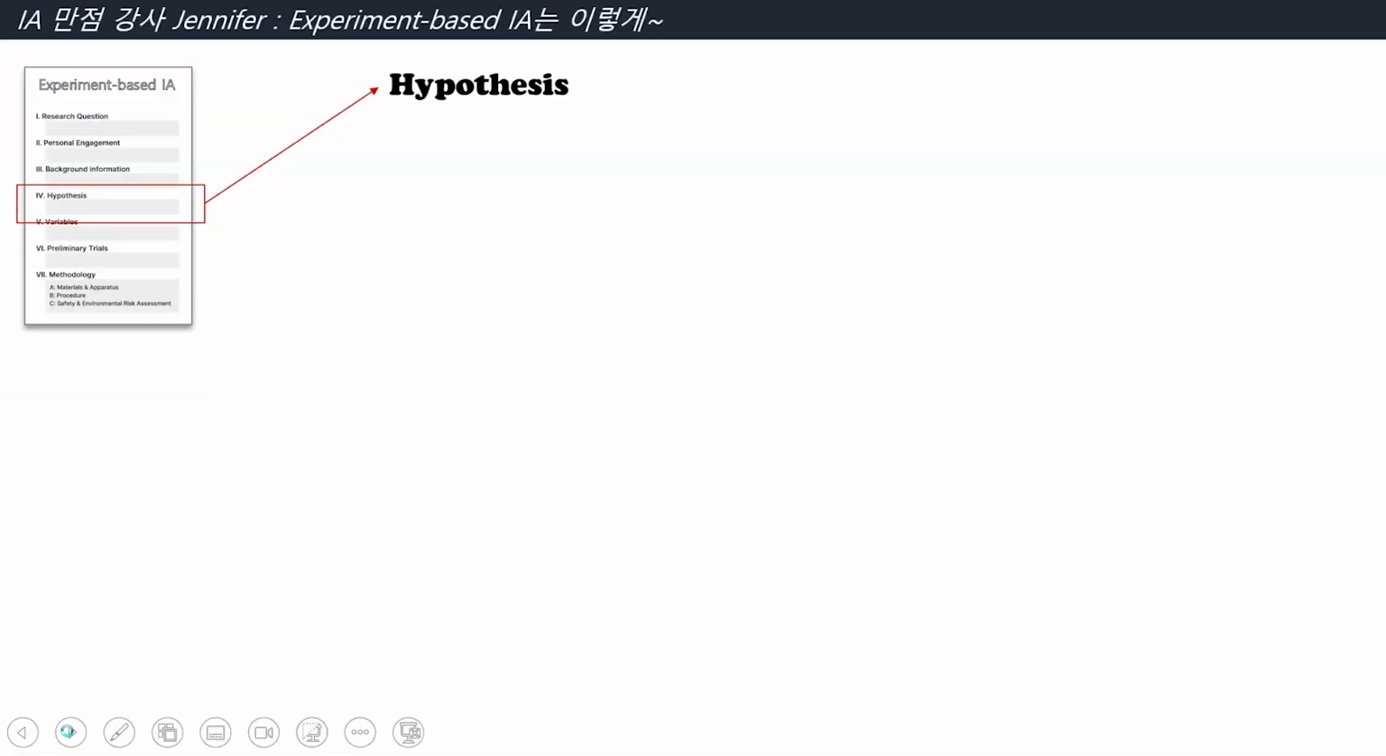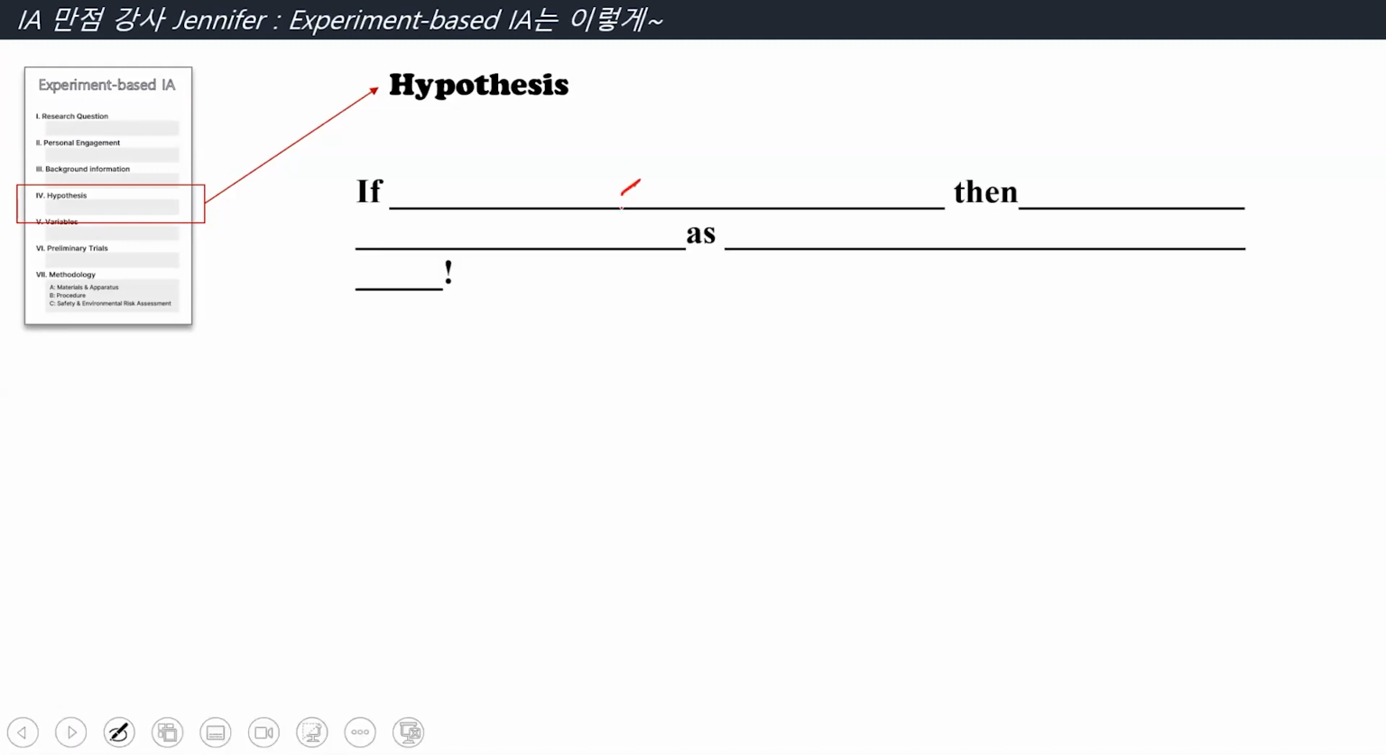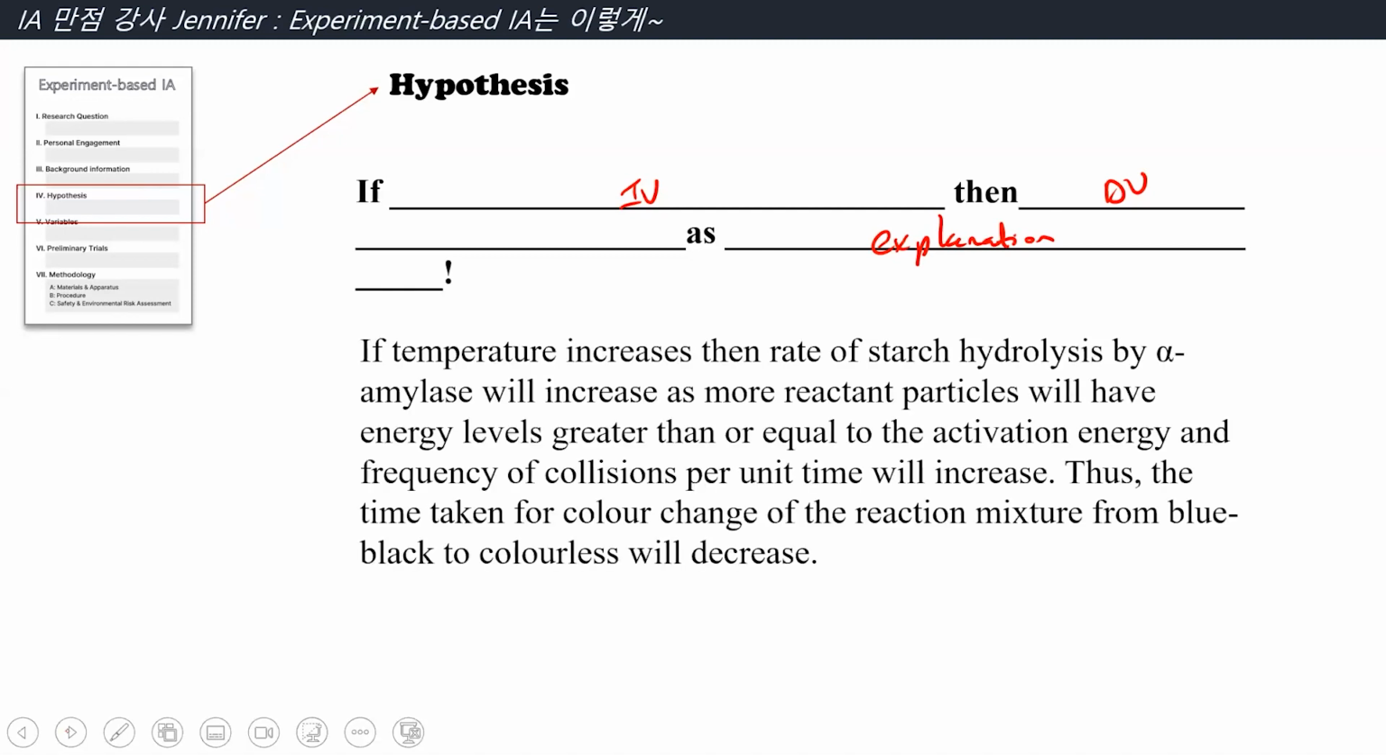Okay. For the hypothesis, you want to word it in the format of if IV changes in a certain manner, then DV will, as explanation. So for example, if temperature increases, now remember temperature is our IV, then rate of starch hydrolysis by alpha amylase will increase